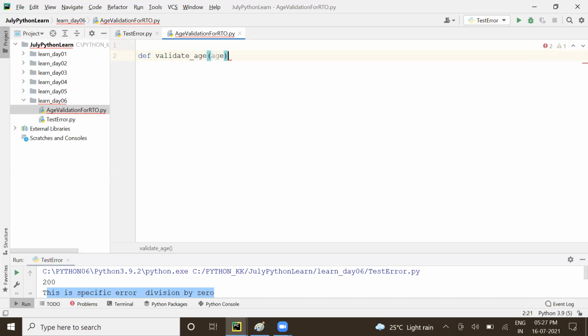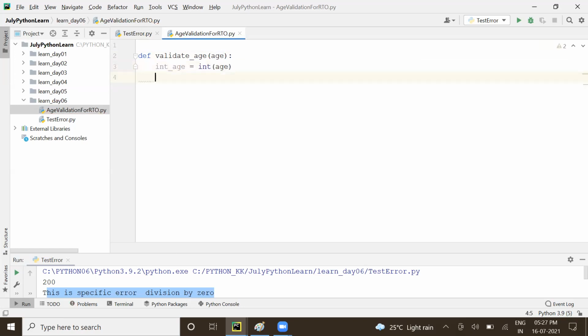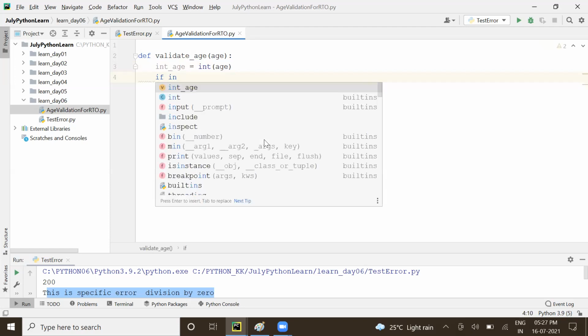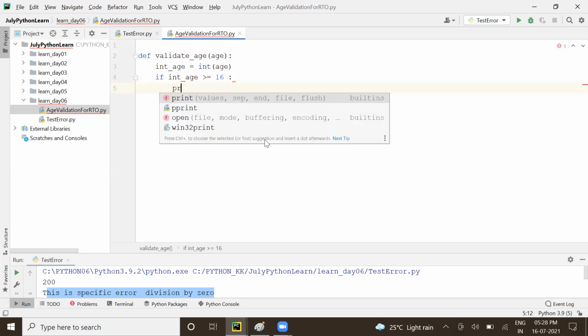You're taking age as an input. You create integer_age as an integer of age. I'm not worried about that as of now. My logic is: if integer_age is greater than or equal to 16,